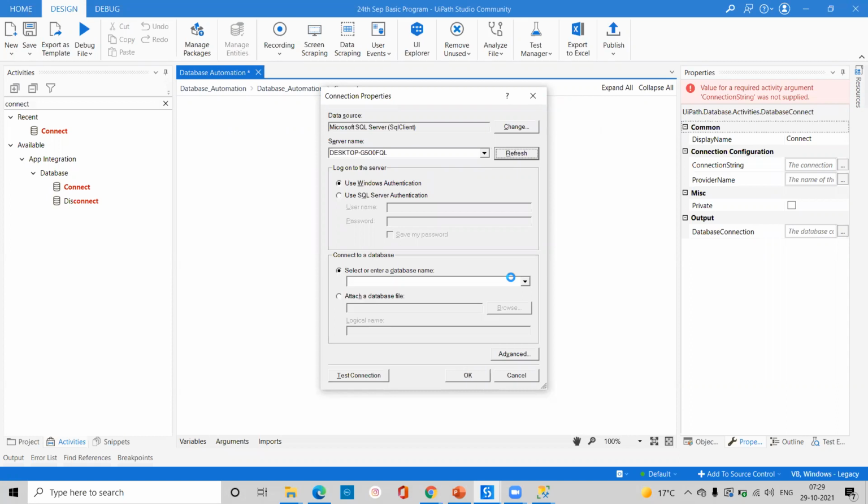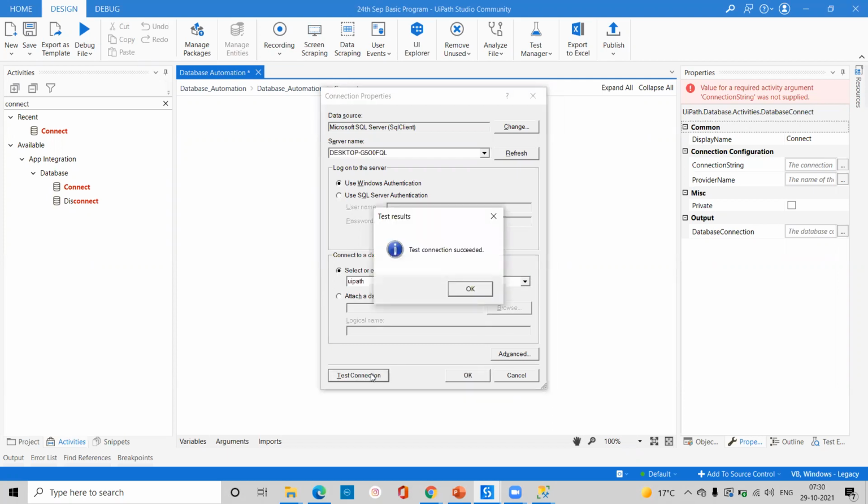And after that, we'll come to the database name and we'll check. Right now, we've created this name as UiPath. Okay. And right now, I'll click on test connection.